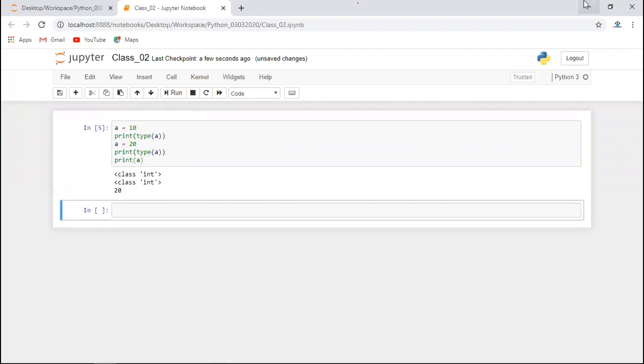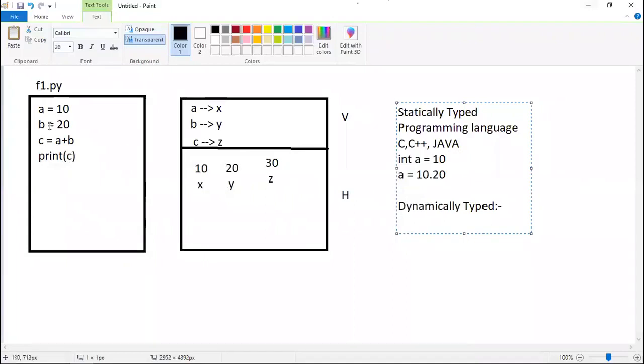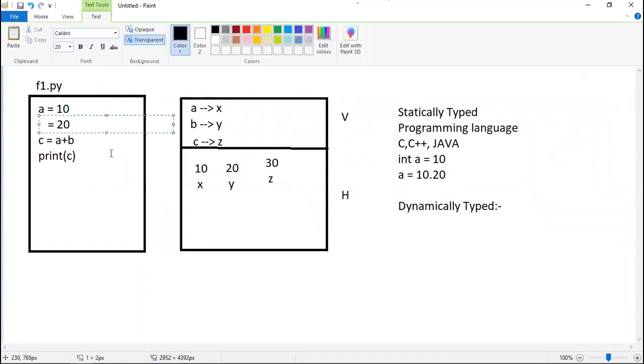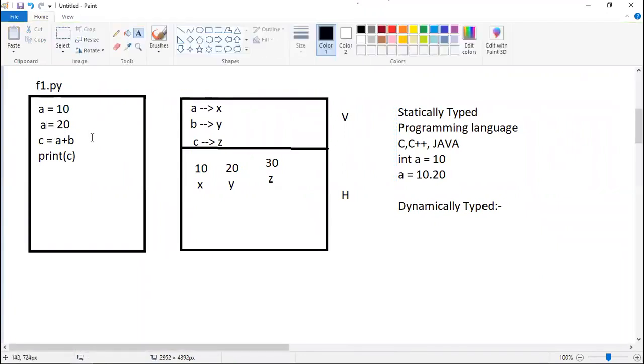So how does it happen? Let's say A is equal to 10 and then A is equal to 20.